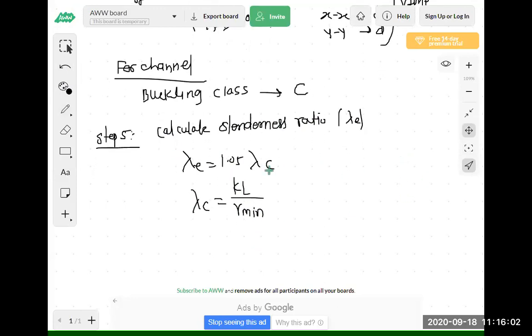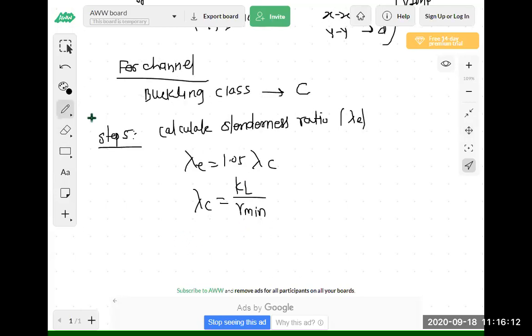Nothing is changed, only we have multiplied by 1.05. So lambda c is same, lambda c is KL by r minimum, and where r minimum is always rxx,